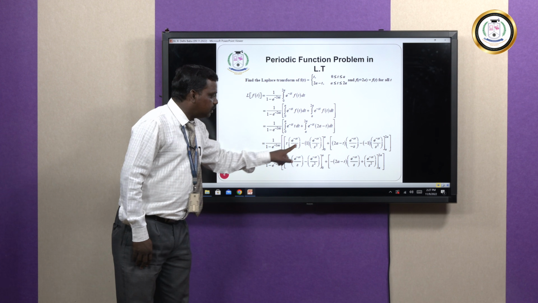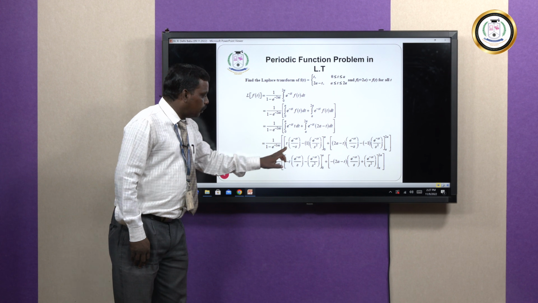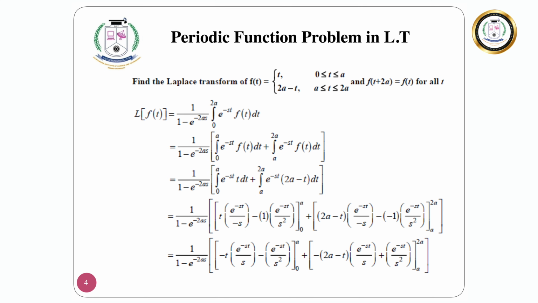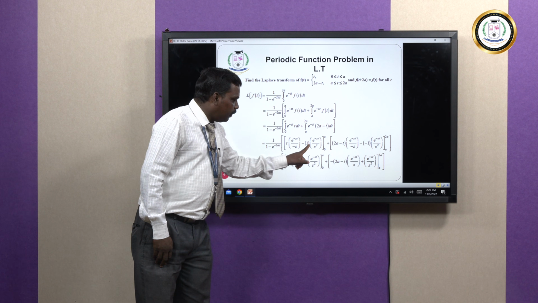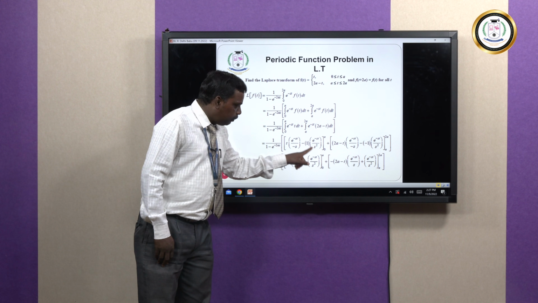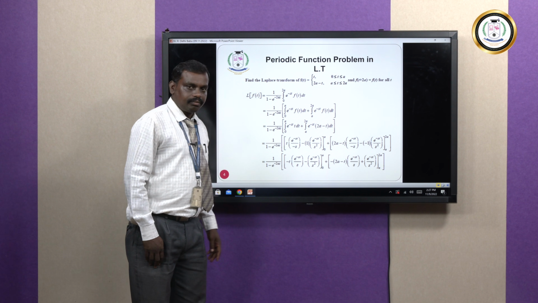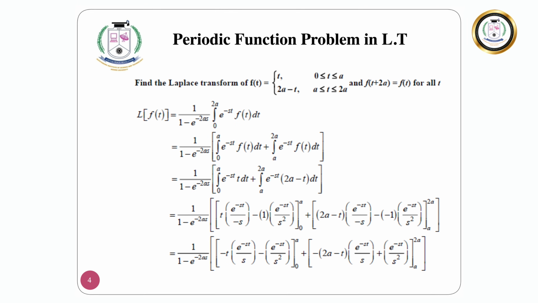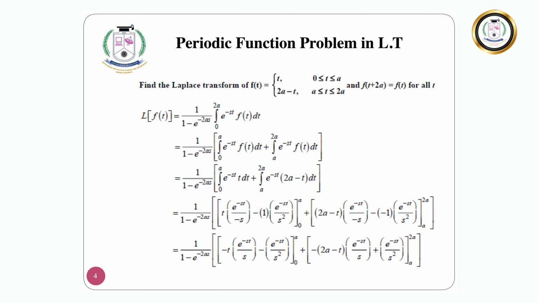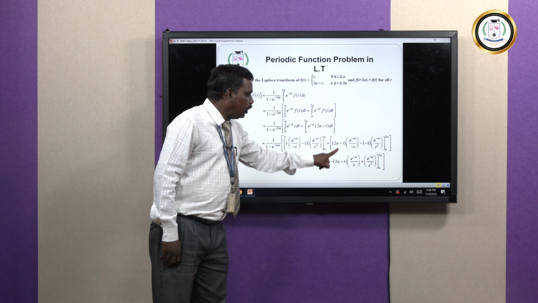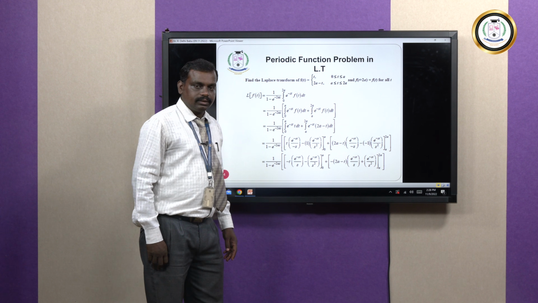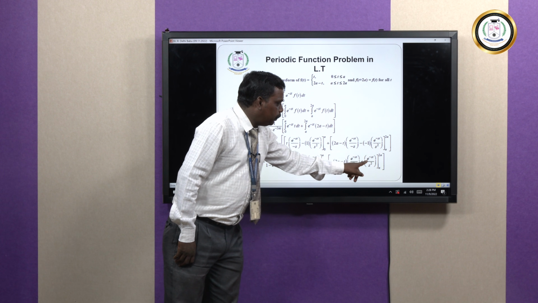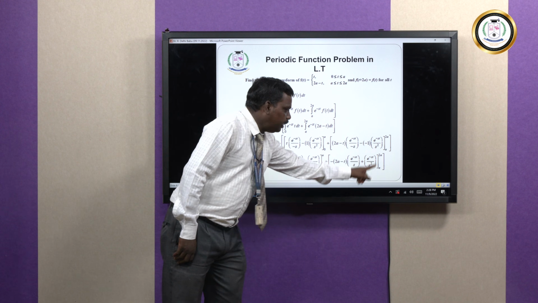Now apply your upper limit, t equal to a first. So before that I will write this minus sign in numerator. So I will write this minus sign here, minus t into e power minus st by s minus, when I multiply this term by 1, we will get the same term e power minus st by s square between the limit 0 to a. Now 2a minus t into e power minus st by minus s is there. If any minus is in denominator, then you can write it in numerator. Hence this minus sign comes to the numerator, 2a minus t e power minus st by s, minus into minus it will be plus. When I multiply by 1, we will get same term e power minus st by s square between the limit a to 2a.